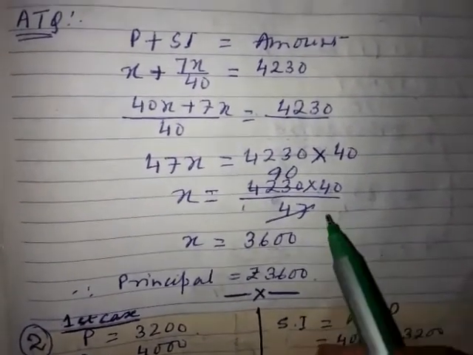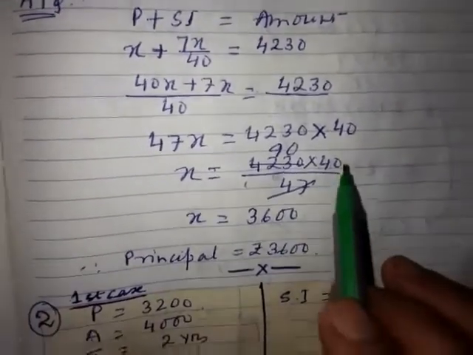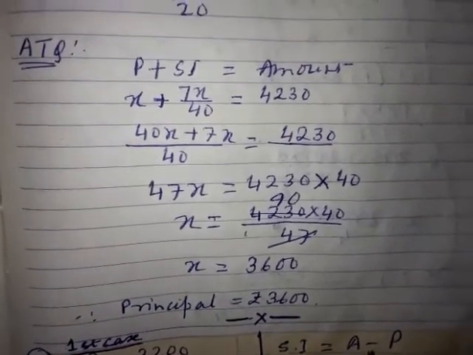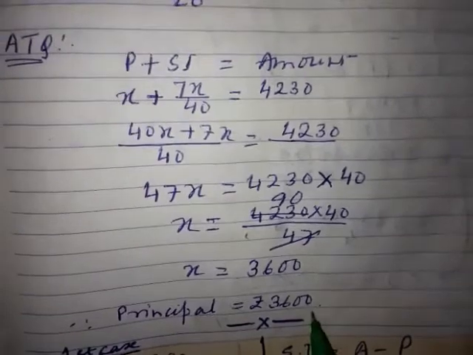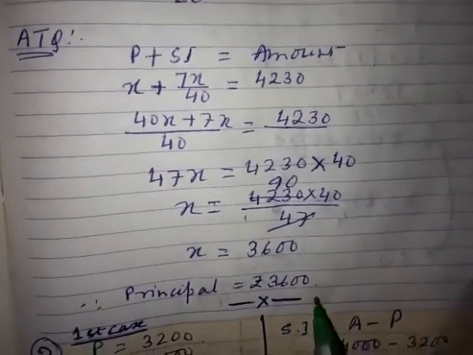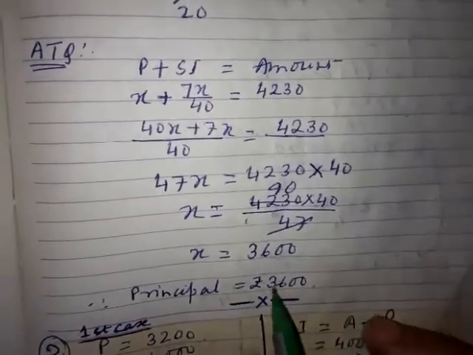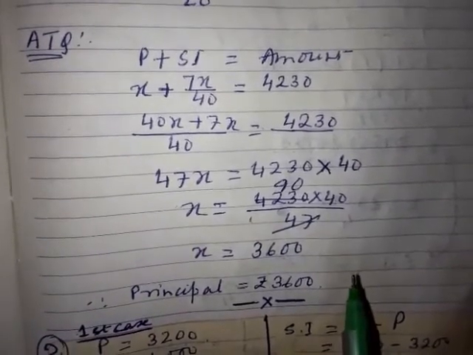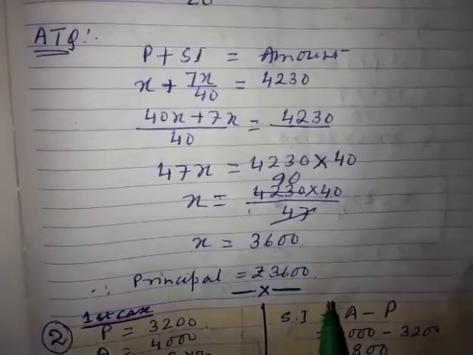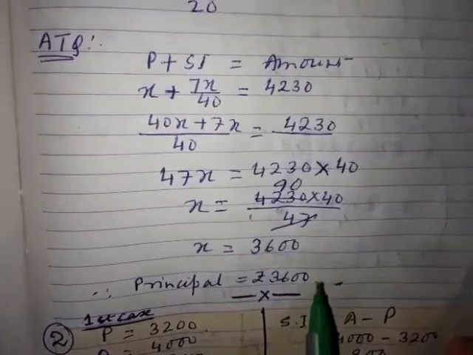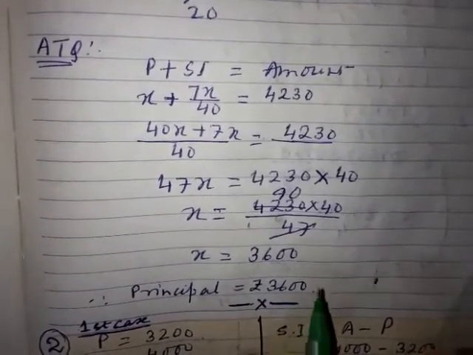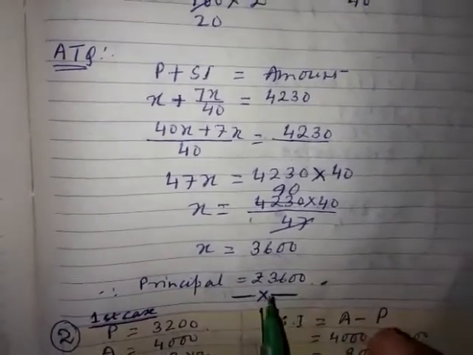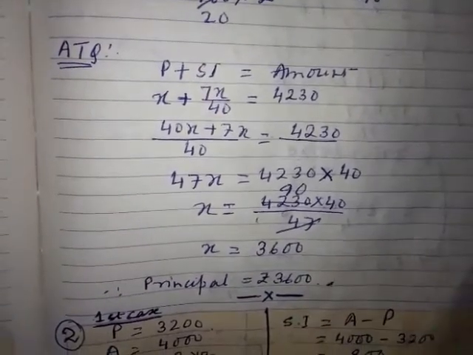You can do it in other ways also. Whatever way you find easier, you can do it. Like always I am telling you, it's not necessary that you have to follow the way I am doing it. If you think of another way which you find easier, you are always allowed to do it, because a math problem can be solved in 2, 3, 4 ways. But it should follow the mathematical rules and regulations. Understood? I am just explaining one methodology. And if your steps and calculations are correct, definitely you are going to get the marks for it.